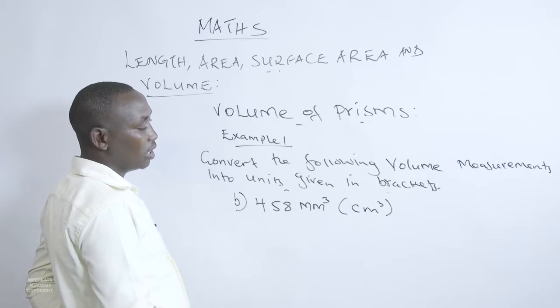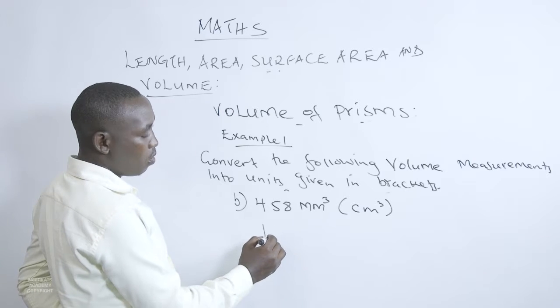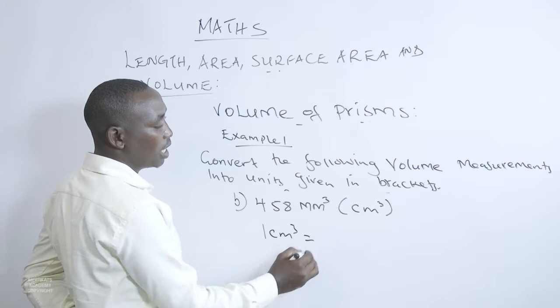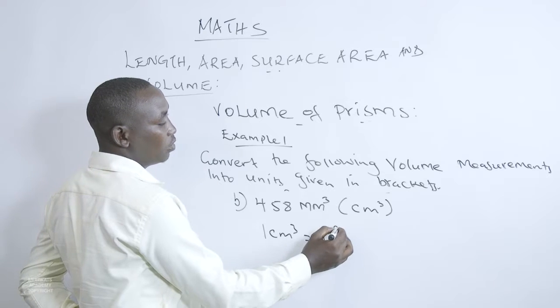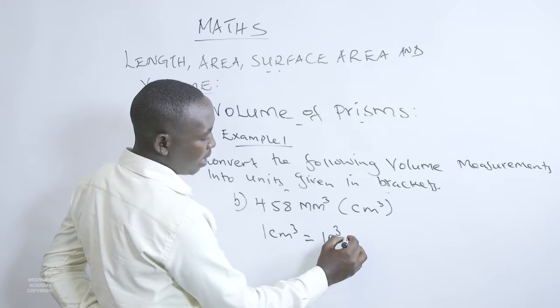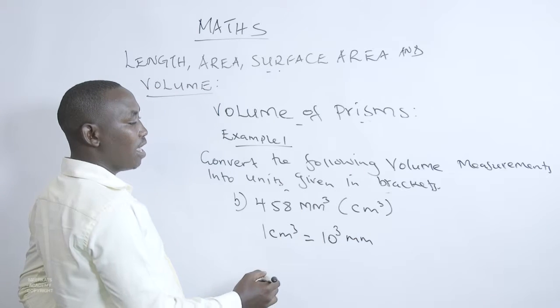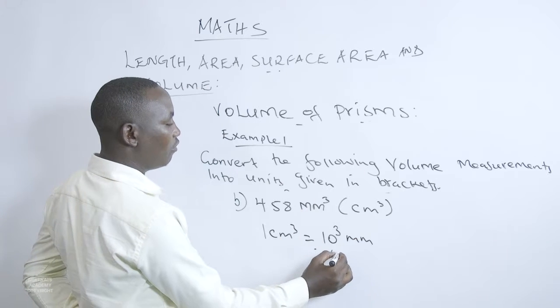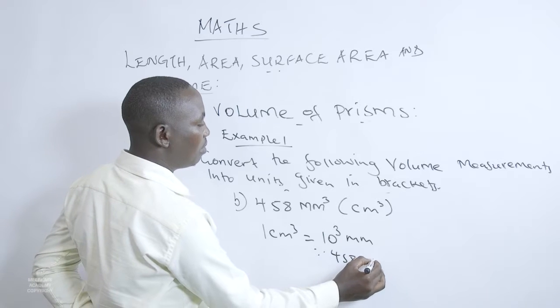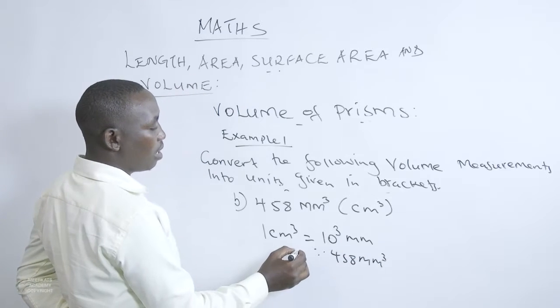Or in simple terms, 1 cubic centimeter is equivalent to 10 cubed millimeters. Therefore, we have 458 millimeter cube,